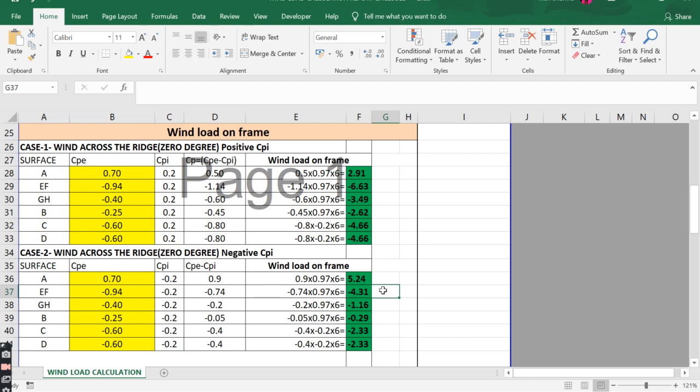I will provide this Excel sheet so you can calculate easily. You can contact me; I will give my WhatsApp number and my email ID in the description box below, and I will reply quickly, so you can contact me anytime.